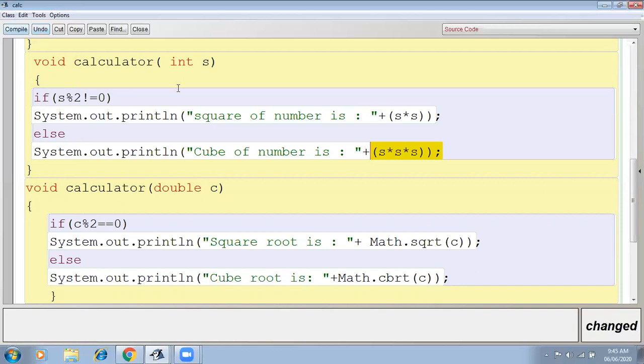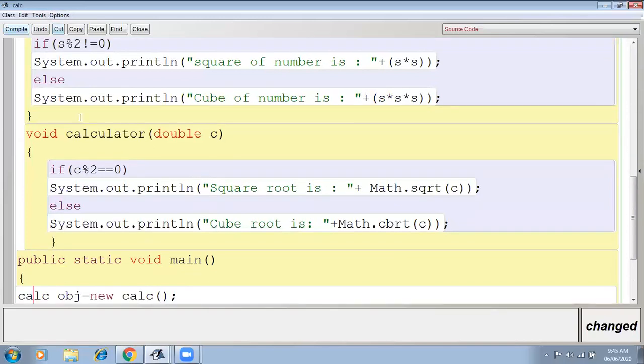If I write equals to 0, I'm checking for even. Not equals to 0 means I'm checking for an odd number. Then square, otherwise cube. In System.out.println, I'm directly calculating. I'm not taking any extra variable for that.